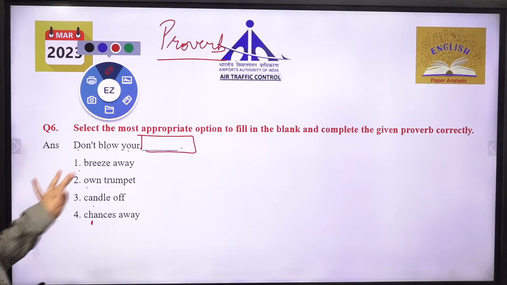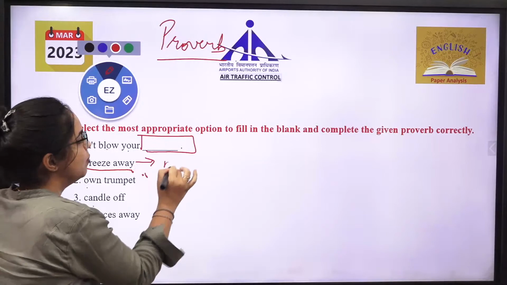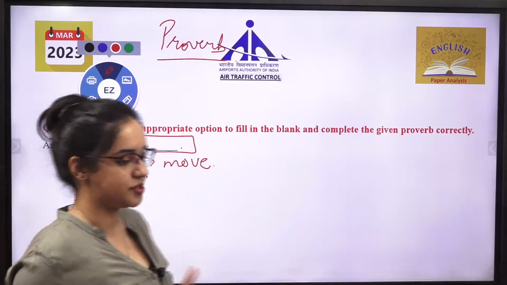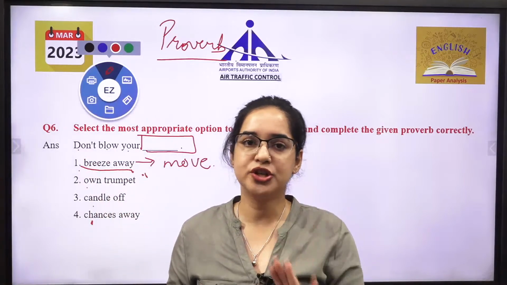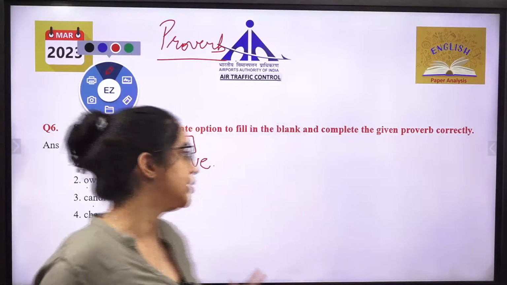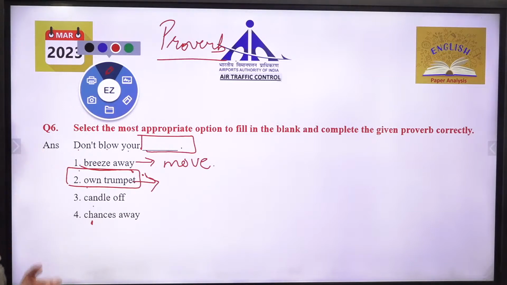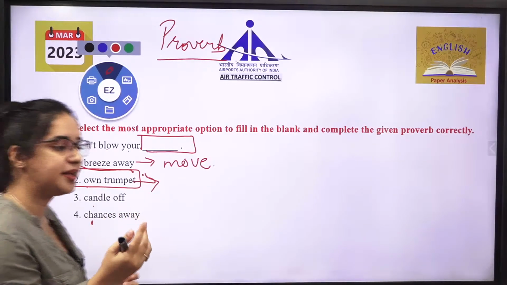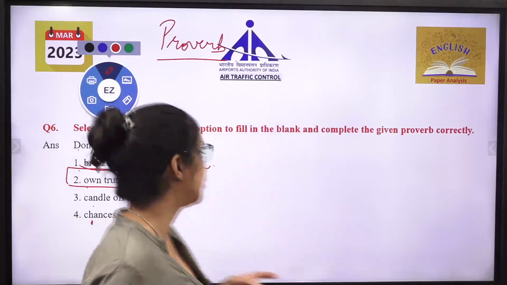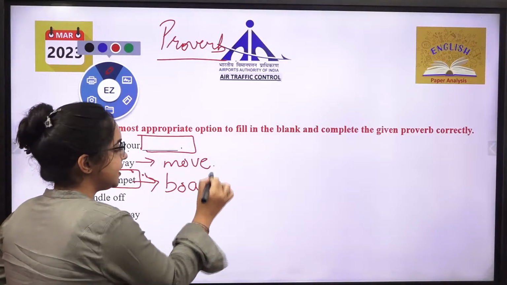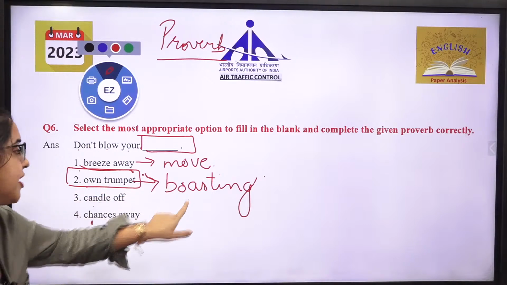Breeze का मतलब होता है हवा, ठीक है? Can you move the air? It is like moving swiftly, है ना? Move करना. Suppose you are not aware about the meaning. I understand it might be a proverb or kind of an idiom which you are not aware of, and that is justified. What you have to do is check trumpet. Trumpet का मतलब क्या होता है? You might have seen बाजा बजाना, right? तो बाजा बजाते हो, that is something like in marriages, where you are showcasing, boasting about yourself. When you are boasting, अपने बारे में फुकरी मारना या अपनी ही बातें करना, that is termed as trumpet.